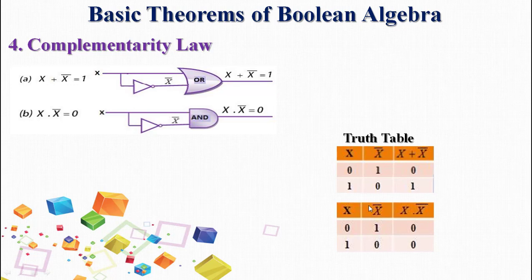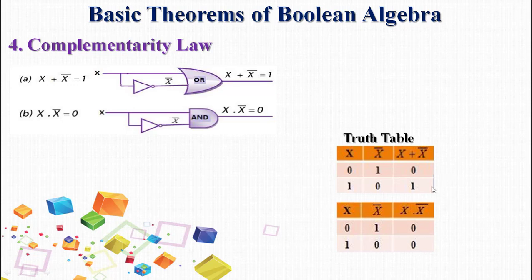Again the same input combination, because in the expression you have only one variable, that is x, and x is present in its complemented format. So you'll have the combination as 0 and 1. The x value will be complemented. It will be 1 and 0, that is the inverted values of these two. The expression will be x dot x bar. Multiplication has to be done. 0 multiplied by 1 is 0. 1 multiplied by 0 is 0.